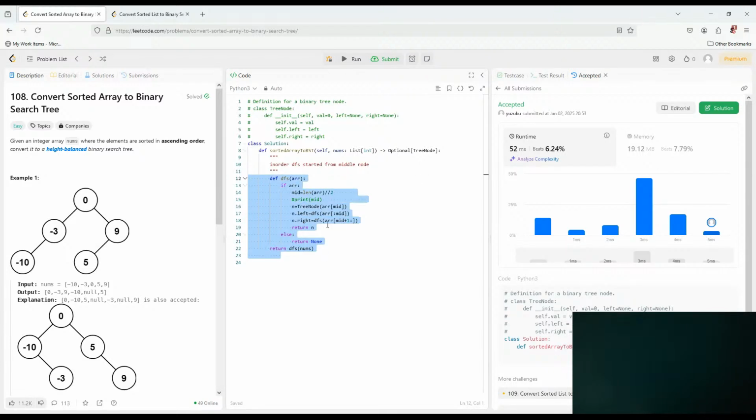And the speed is not good because I'm copying the array every time. So that's the problem. So I will have to solve it better. So I have to solve 108 with indexes instead of an array, because